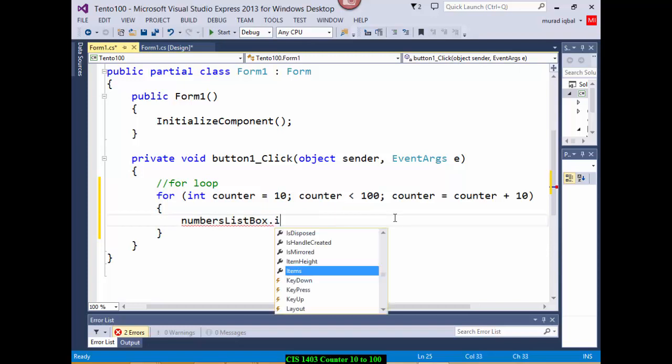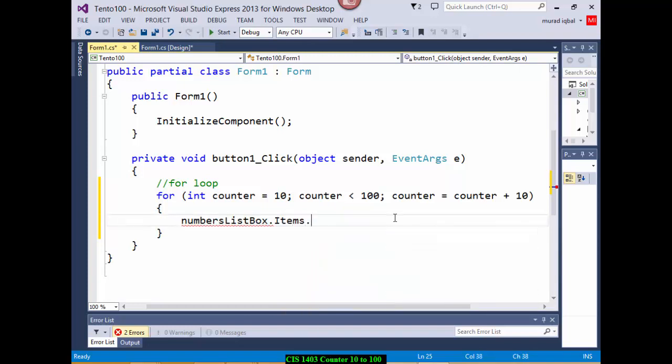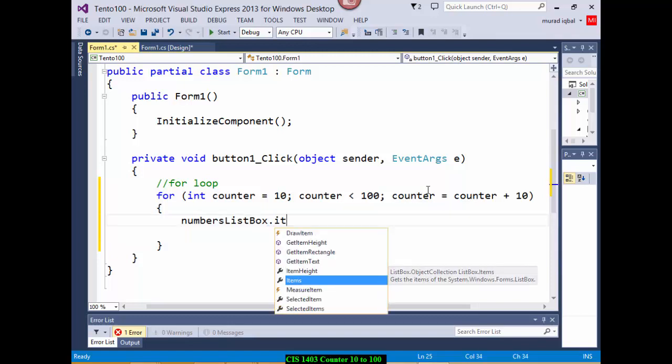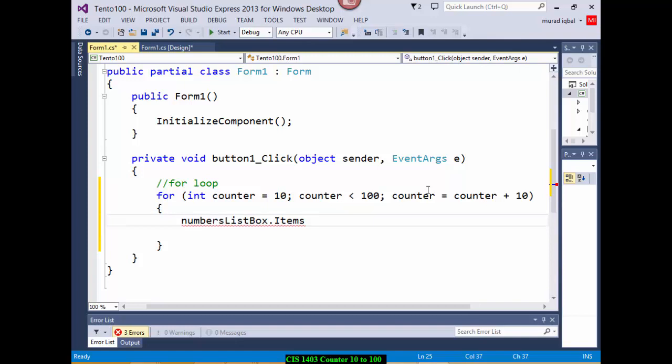I do this dot items dot add, and you say, sir, there is a problem, I'm writing the right code. You're writing the right code, but you did not take suggestions. There is a problem here. A should be capital and here I should be capital. Obviously it's difficult for you to remember, so take code suggestions. Dot items, you see this items came up, I is capital, take it. A is capital, add. And here you add this number in the bracket,